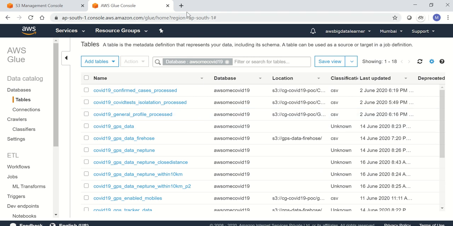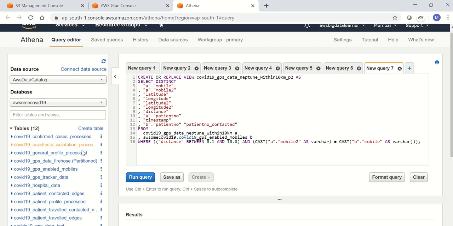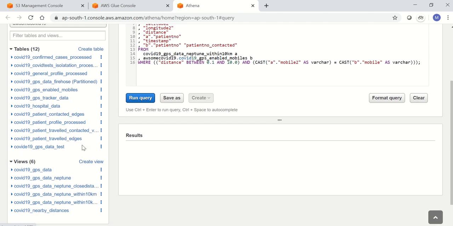And using Athena, in Athena you can see a list of tables that we have created and the views.